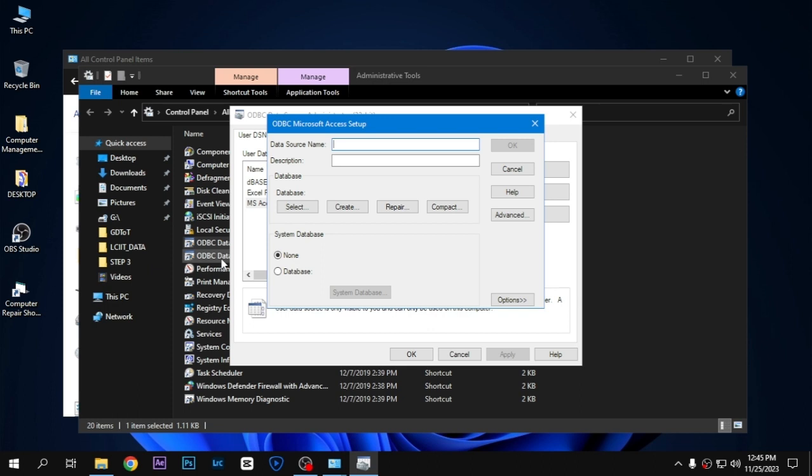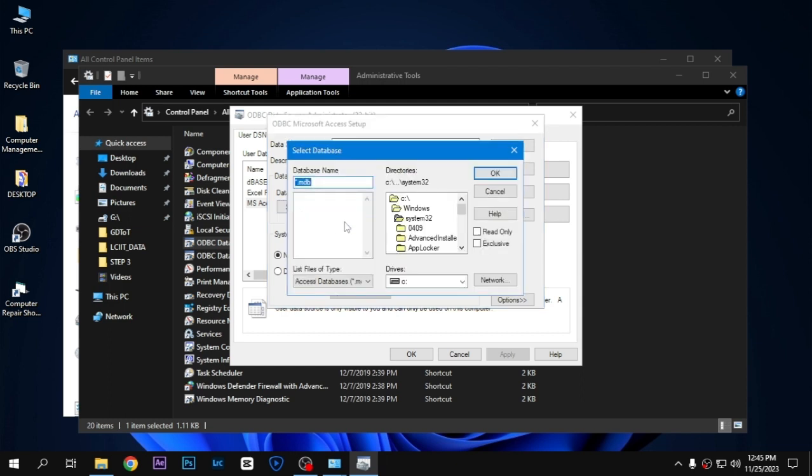Also, an important thing: your computer should have Microsoft Office in order to do this process. In this source name, you have to enter LCIIT server. In this database option, click on select and go to that folder that we stored in the D drive, the database folder. Find that, click on this LCIT data,